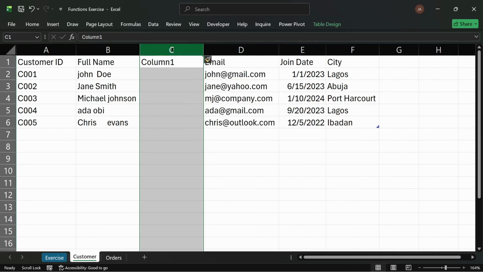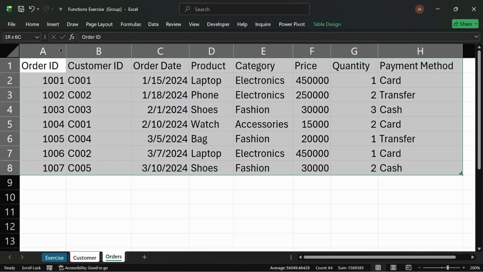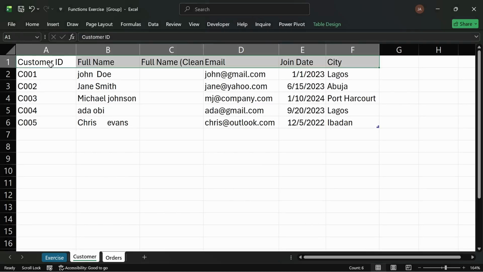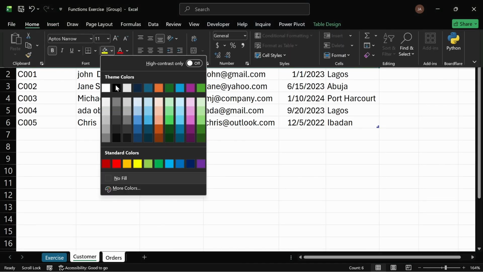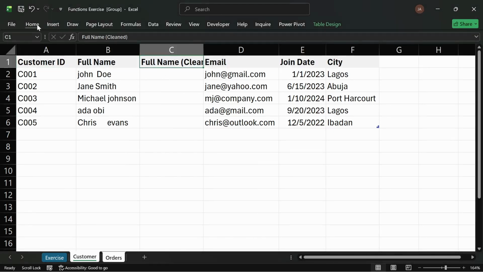So Control Shift plus full name. Just keep things there. Since we're in a table, Excel will let us use the same name, so we just call this cleaned. Okay, it's still done. So we'll do this. Control B as usual. We'll give it a nice background, you know the background, right? Here, if you don't know the background, you're just joining for the first time. And the ones we create for the columns we create, we'll give it a